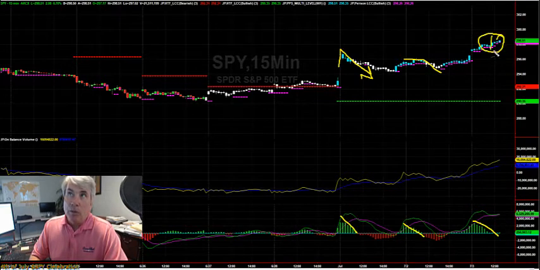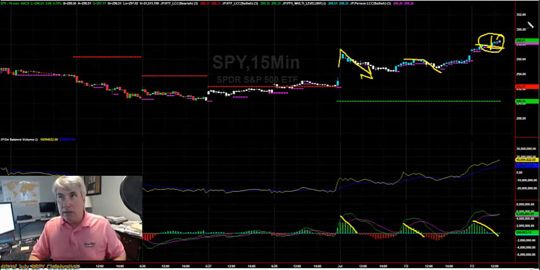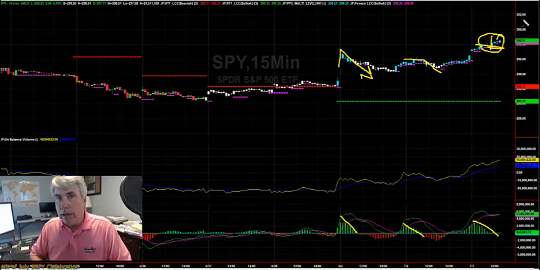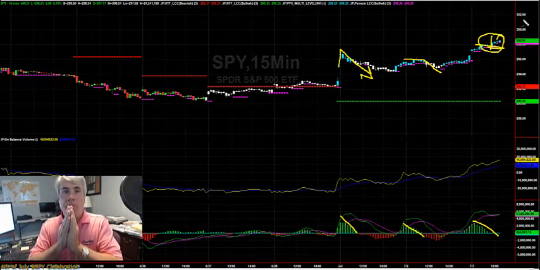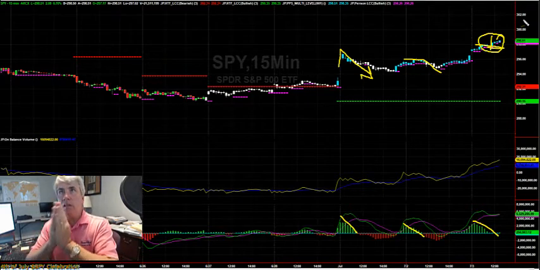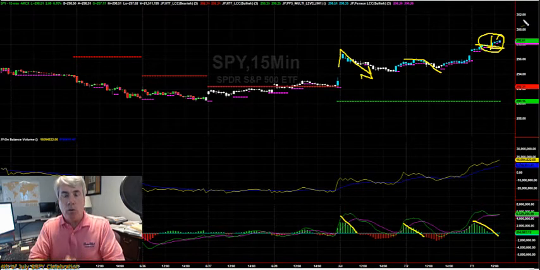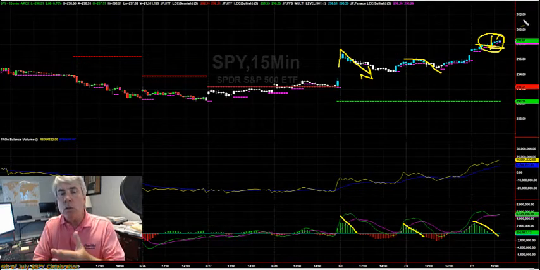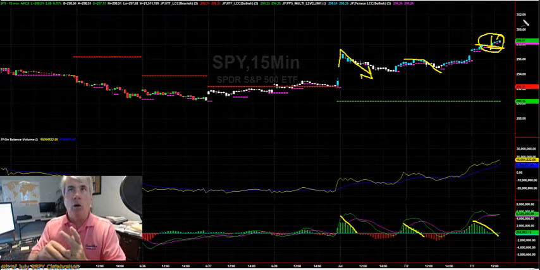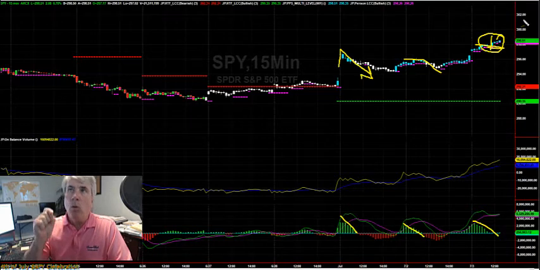And that was part of the reason why I thought, let's scale out half the position up close to this level and trail the stop on the balance. That way, we can't get hurt. I just wanted to explain that as a trade management situation. How are we putting my indicators to work making trade decisions? We're not just making trade decisions on entries. We're using this information on where to place stops, but also when and where to add on to the trade